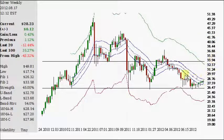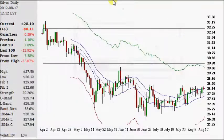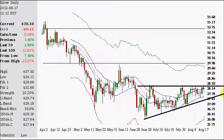Finally, we'll take a look at the silver on the daily chart. And really, there's not much to say, because if you've watched my last few videos, I've already said it. This is the significant high. You can make a trend line maybe in this nature here, so you have an ascending triangle. And the support hasn't been tested in quite some time, so